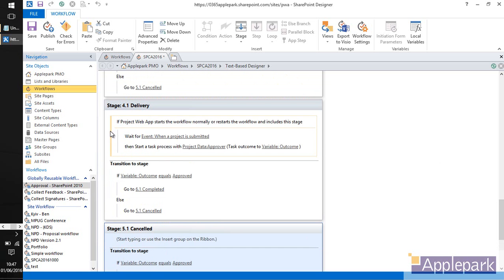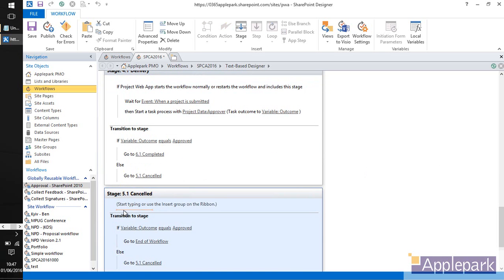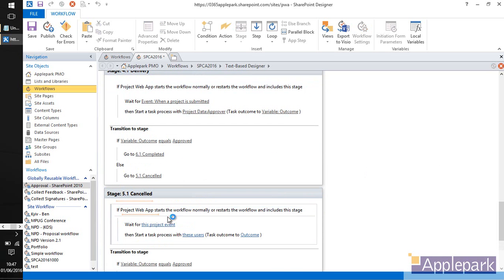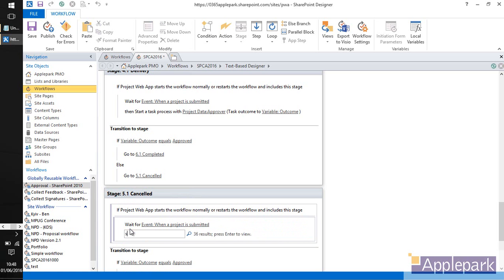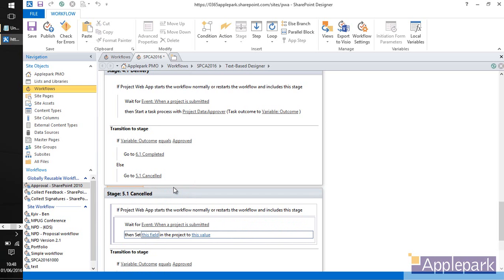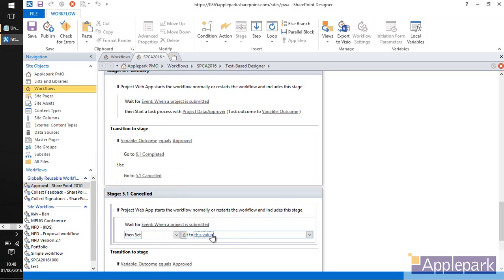So if I take this, if we're cancelled, maybe we want to set the fact that we did cancel the project. Okay, so what I can do is I'll get rid of this start a task process. We'll just come in and set a project field. Okay, so if we cancel the process, once we submit that project in here, we'll set the field approved to,